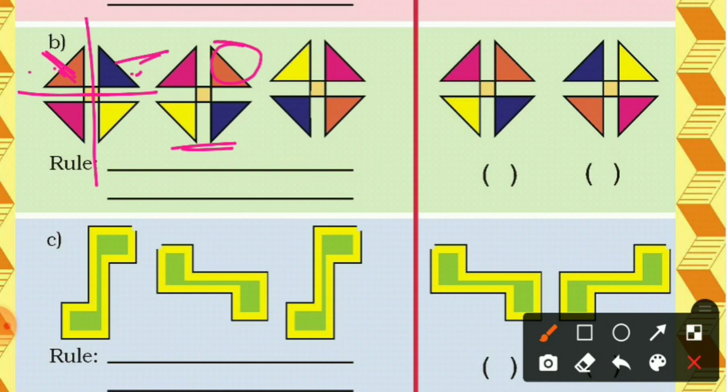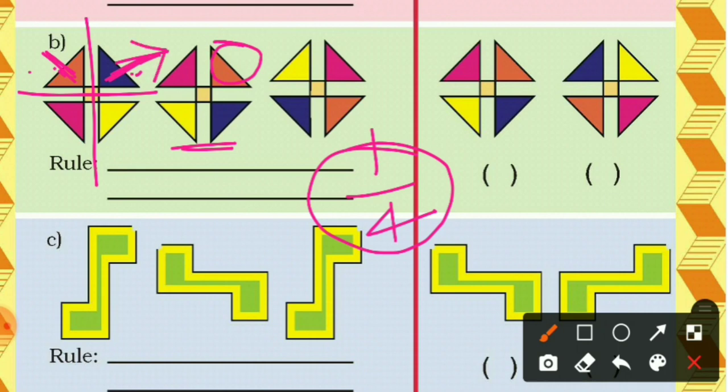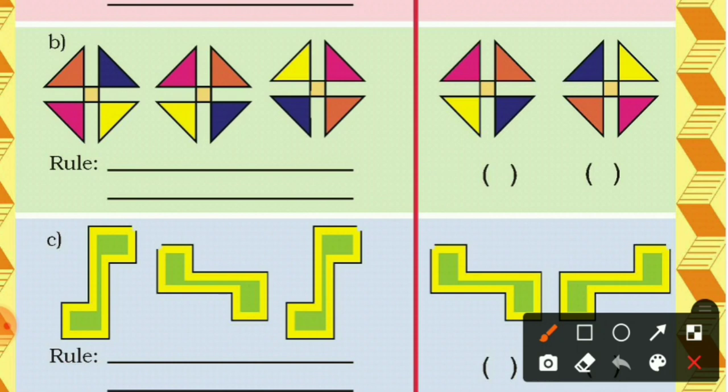In the second picture you can see that the orange triangle, which was on the left side, is now on the right side. How many turns does it take? Can you say that? Yes, it was a 1/4 turn. Similarly, the blue triangle was on the upper side and now it is on the downside. It means it is also taking a 1/4 turn. So the whole picture is taking a 1/4 turn. And now in the third picture we can see that the pink triangle, whose position in the second picture was on the left side.